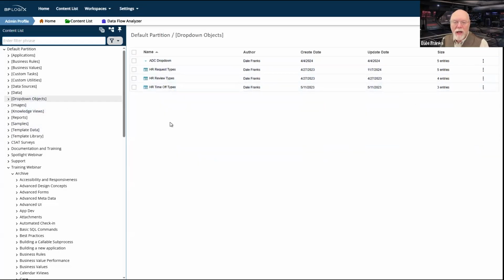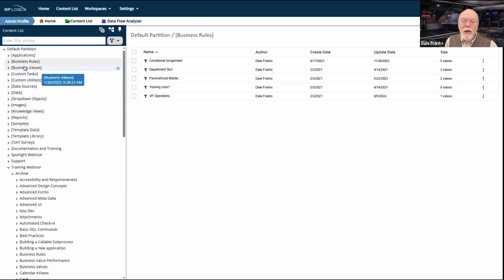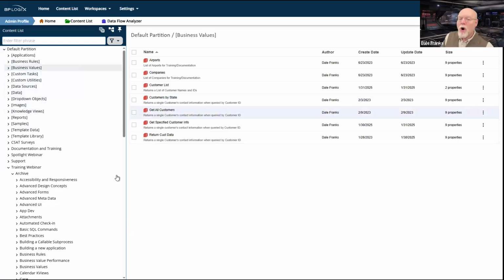Some of my standard drop-down objects are in the root partition in their own folder, which has square brackets in the name, which turns it into a system folder. I've also got some global knowledge views here, some global business rules here, and of course my business values are all there. They're all in these root level folders.